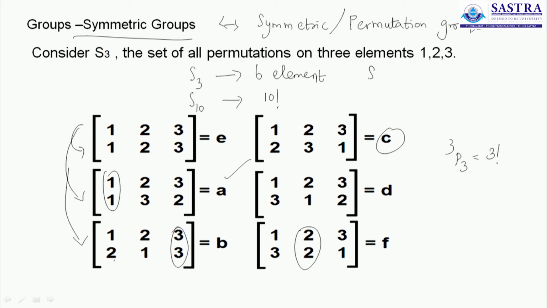Or S6 will have 720. No, S6 will have 1 times, what is 5 factorial? 5 factorial is 120, 6 factorial is 720. S6 will have 720 such rearrangements possible. But relax, we will be discussing only simple problems on these. I will not ask you to list all 720 answers, that's stupid. I will not do that. We will discuss problems connected to these.